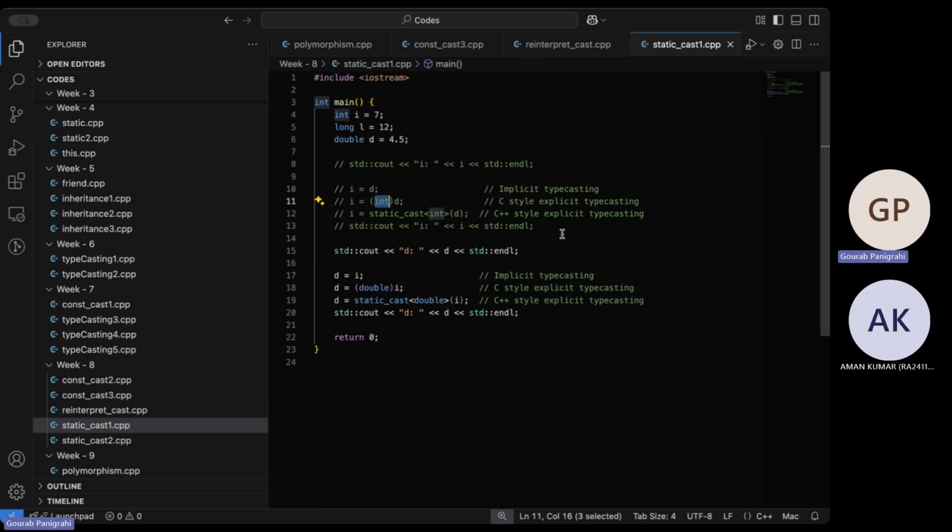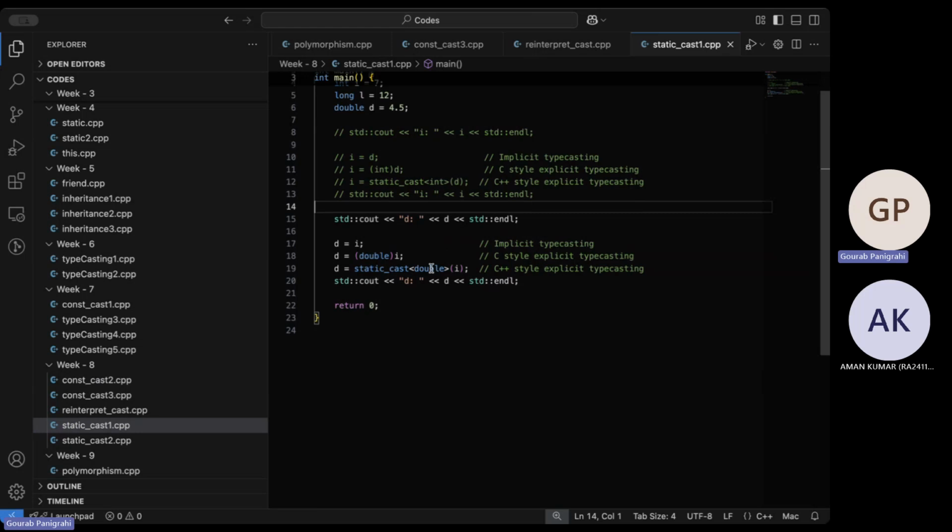That's why C++ has these specific casts. With static cast, we mean that we want to actually type convert, typecasting this D to an integer and storing it in I. C++ has static cast, but the additional important thing is that the intention is also known, what we actually want the program to do.